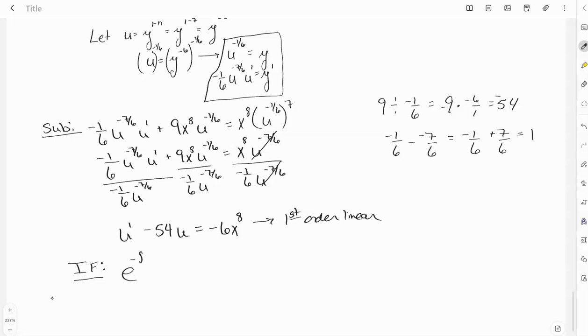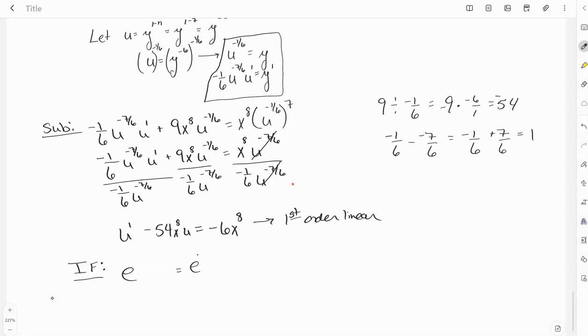So we're going to have e to the integral of negative 54 dx. And that's going to be negative 54x. Oh, hold on one minute. I simplified this, but I forgot my x term. Don't forget your x term, guys. So that's x to the 8th u. Sorry about that. So when I divided this, 9 divided by negative 1/6 gives me a negative 54, and then